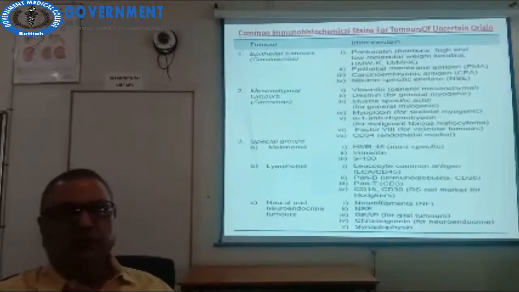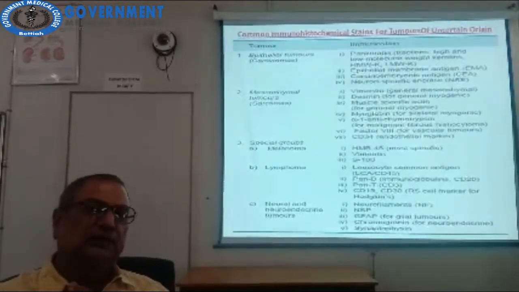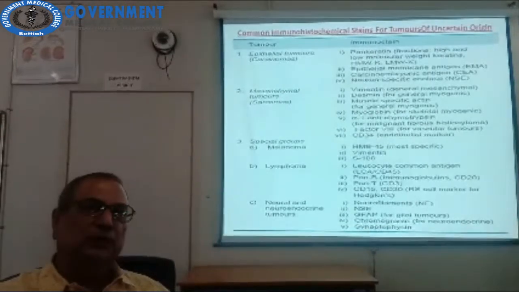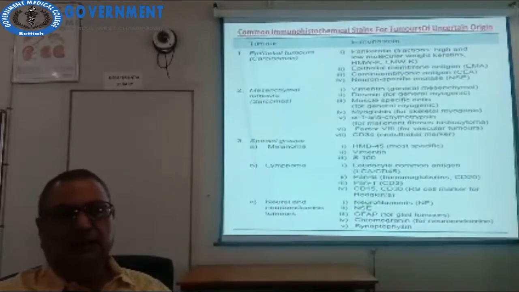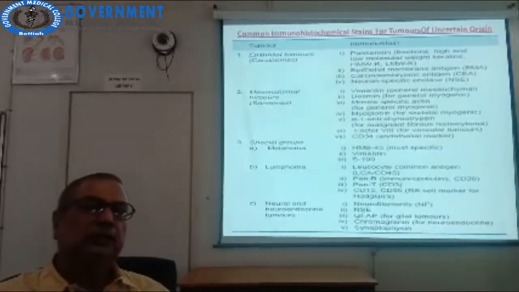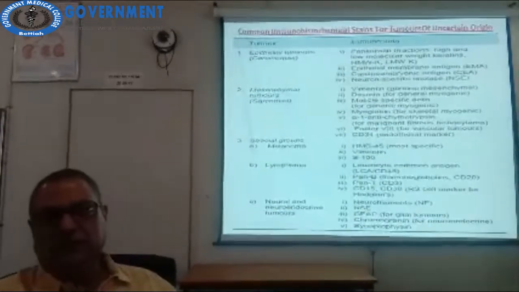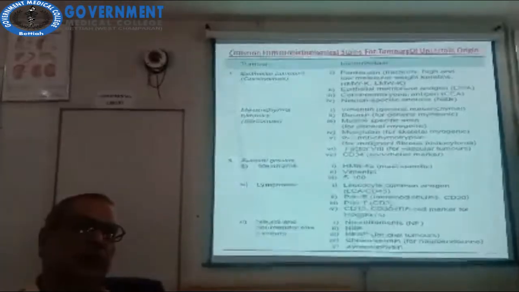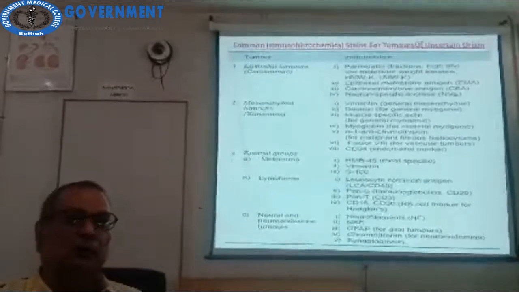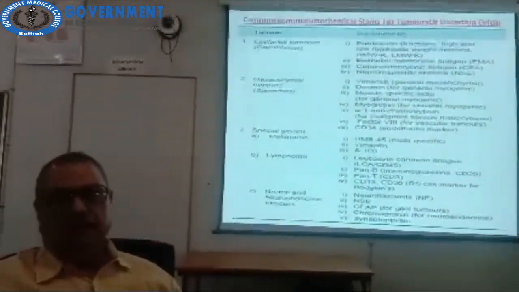Then immunohistochemical stains, that is immunological, that is anti-monoclonal antibodies are used to identify tumor cells or cancerous cells. Like for epithelial structure, epithelial membrane antigen is used, or pan-cytokeratin like high molecular cytokeratin or low molecular cytokeratin is used.